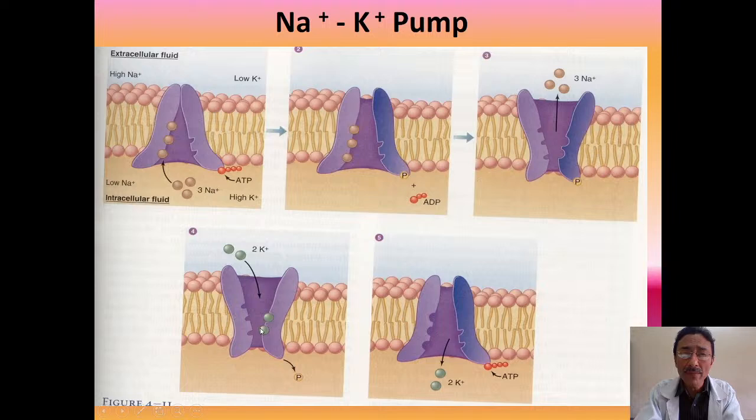Simultaneously, the potassium active sites will now have high affinity. So potassium will come from outside and bind onto this binding protein of the sodium potassium pump. Once the sodium is liberated, dephosphorylation will take place. You will see here there was a phosphate bond. This phosphate bond is released. Now the phosphate bond is not there, so dephosphorylation has taken place. Once dephosphorylation takes place, a conformational change takes place. The gates will close and the potassium ions will be released inside. So restoration of sodium and potassium ions takes place, with potassium inside and sodium outside.